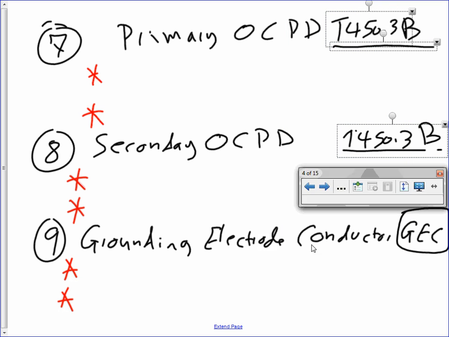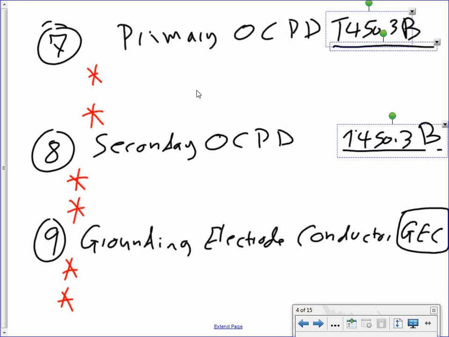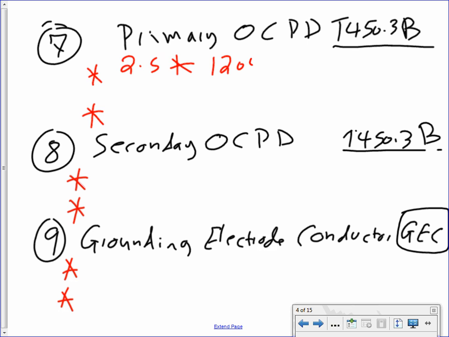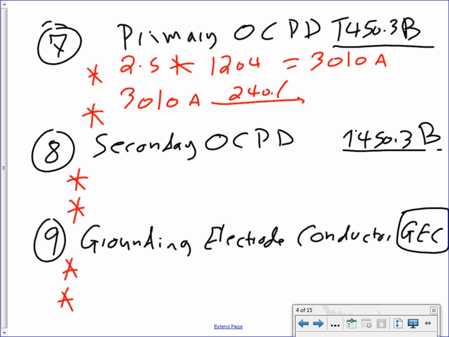The secondary, my friends, or number 7. What I need to do here is size my primary overcurrent protection devices. For the primary overcurrent device, if you go to 450.3(B), it tells you 2.5. Multiply that by the primary current, which is 1204. That will get you a healthy 3010 amp. You take the 3010 amp, take it to 240.6,